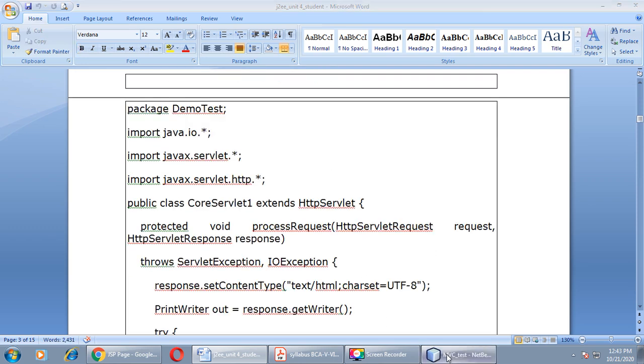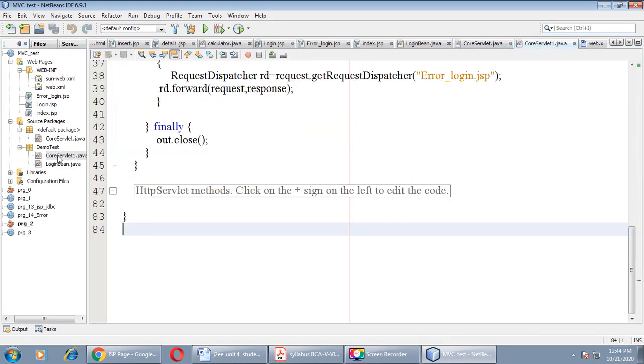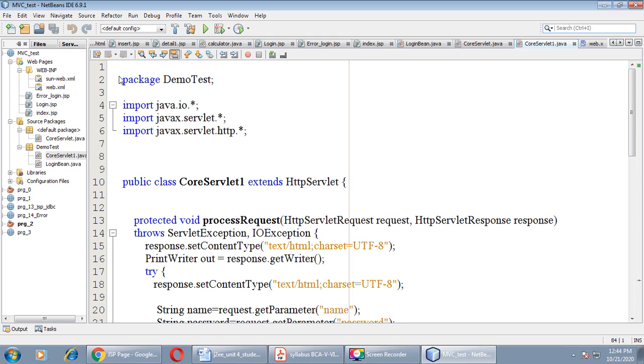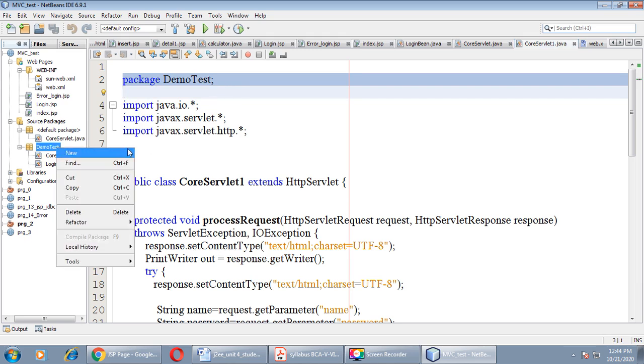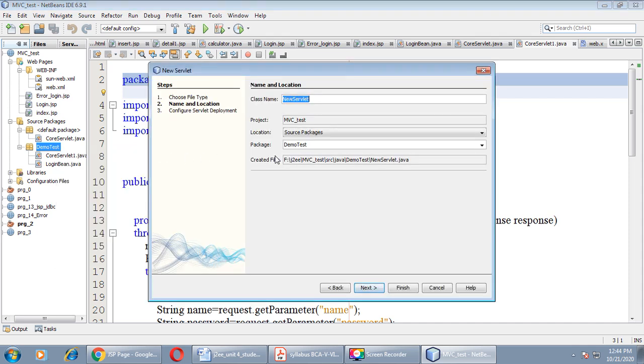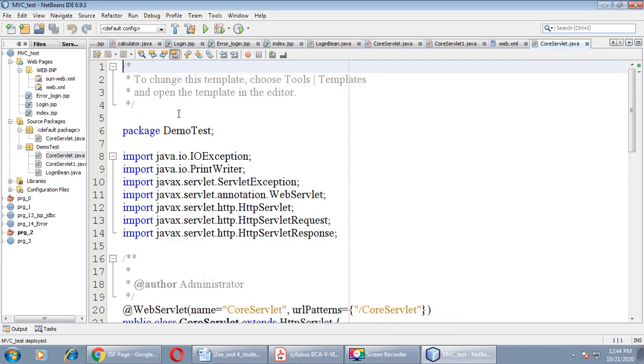Here, automatically you will get the first line, package demotest, as we have created this servlet inside the demotest. Let me show you. Right click, New, and Servlet, CoreServlet. Click on Next and Finish. Right, as you can see, the package name is automatically included. Okay,